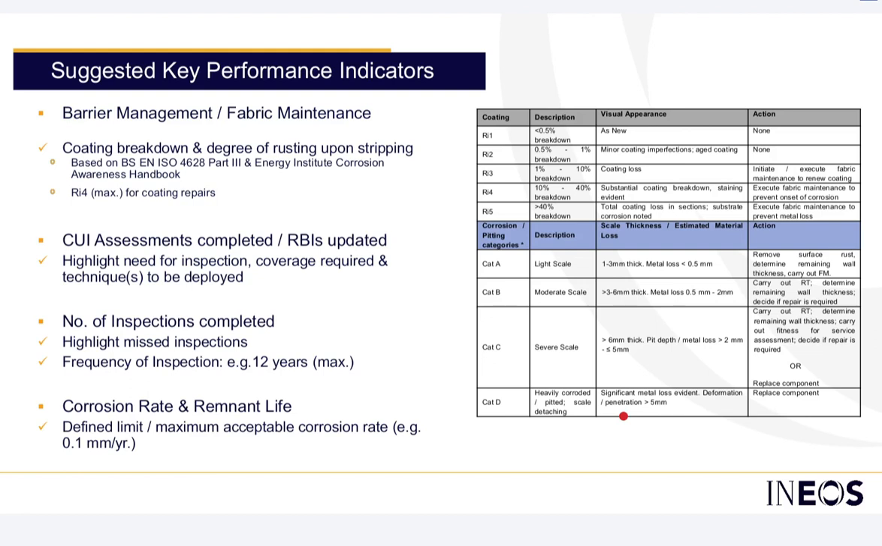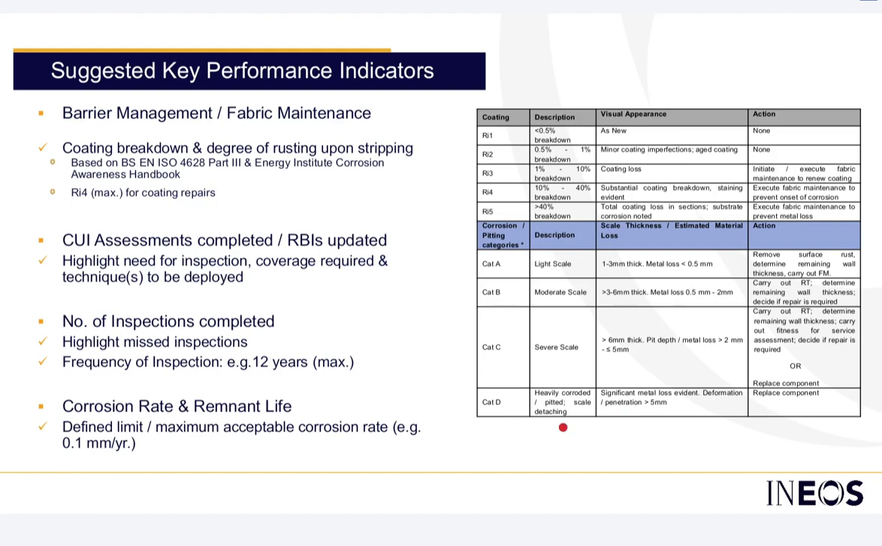Also, CUI assessments should be completed, particularly for lines of this nature, because it operated at 90 degrees, and that is in the prime CUI range. So assessments for lines at high risk of CUI should be completed, RBI should be updated, and that should then start to inform how much inspection should happen, techniques that should be used, and start to feed back into the